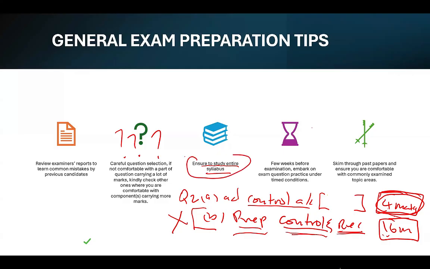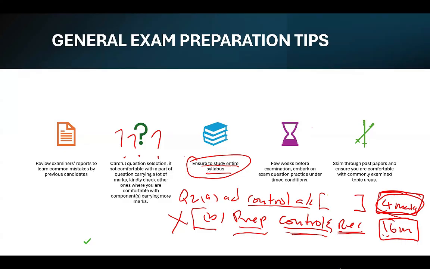Entire syllabus. So before we go to the exam room, can we make sure that we have gone through the entire syllabus? Literally, this time as you are studying, a copy of the syllabus must be by your side and be ticking as you revise to say, okay, final accounts of sole trader, I'm comfortable. Final account of